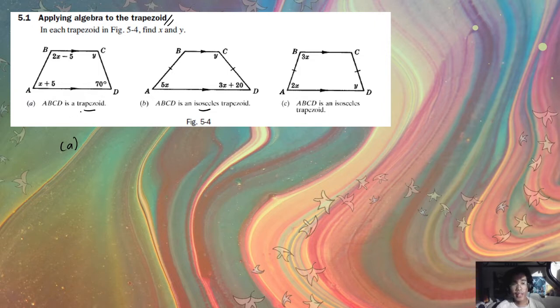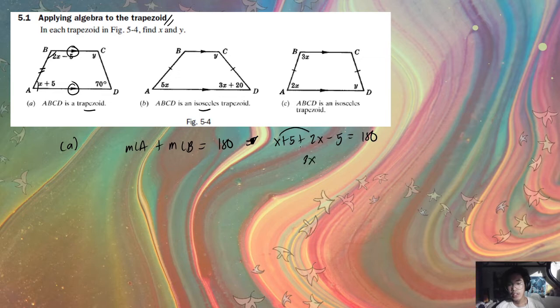measurements. Recall that in a trapezoid with one pair of parallel lines, the adjacent angles are supplements of each other. So therefore we can say that the measurement of angle A plus the measurement of angle B is equal to 180 degrees. And therefore it can be implied that x plus 5 plus 2x minus 5 is equal to 180. So x plus 2x, that should give us 3x. 5 plus negative 5 is just 0. 3x is equal to 180, dividing both sides by 3, so therefore the value of x is just equal to